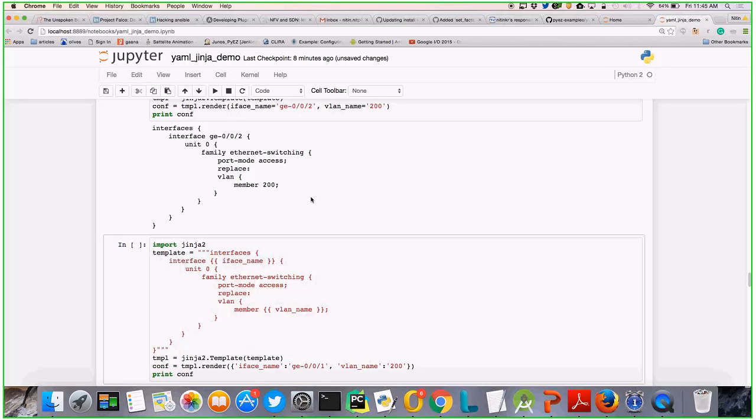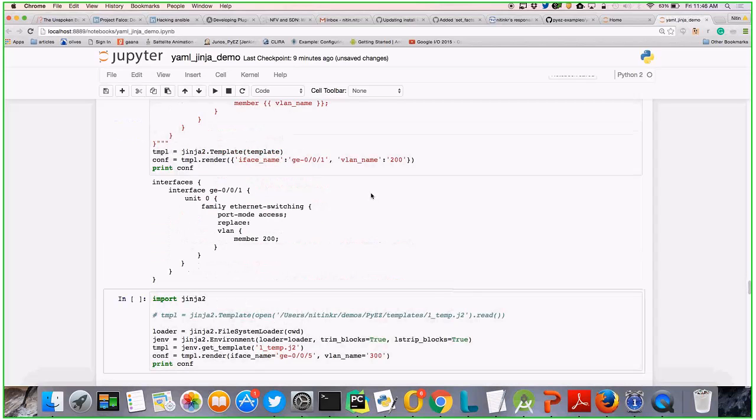The way I provided it here as key value pairs, similarly I can provide it as a dictionary also. You can see I have a dictionary where I have interface name as a value and VLAN name as a value. So render can take key value pairs as well as a dictionary, for the case where you have just two keys for which you need to provide values. Why I'm showing you this one, can you guess? In YAML I can put these two key value pairs as a dictionary, right? So these contents can go into your YAML file, be read out of that and fed to your Jinja template to get the output.